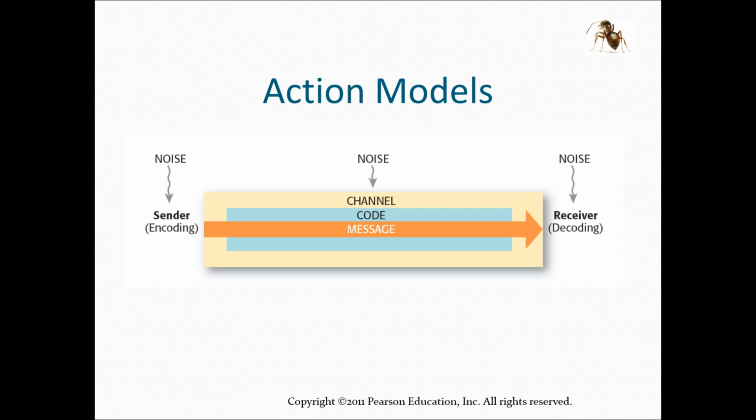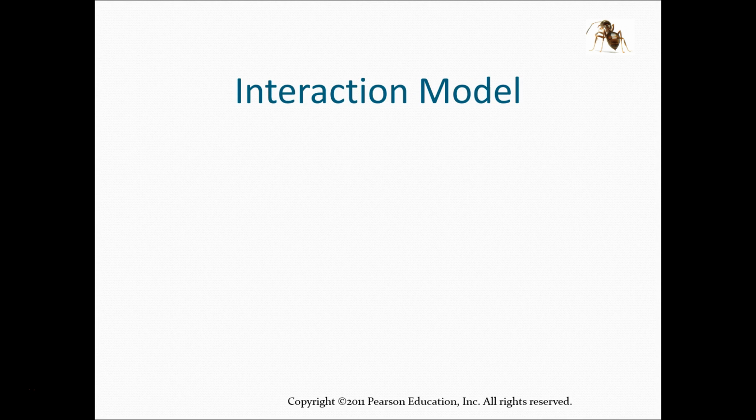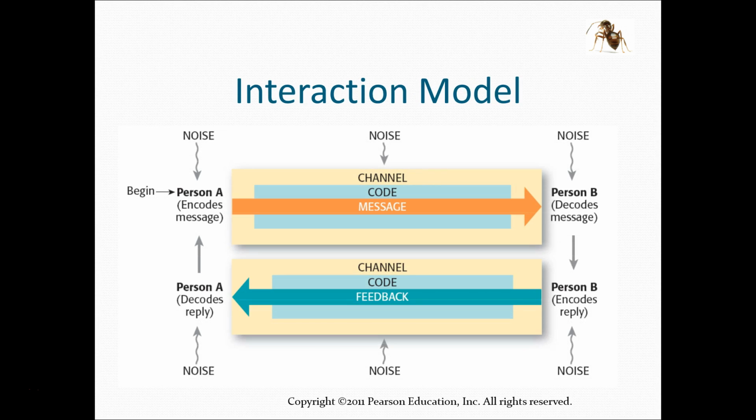This is a very linear process. It's one directional. It's me sending you something. It's what I'm doing right now. I'm sending you this with nothing in return. I don't know how this is being heard or interpreted, so I really don't have any way of adjusting whether you can hear me, whether you can understand me, whether I'm talking too fast, not talking fast enough. All of that's irrelevant because I don't know. That's an action model.